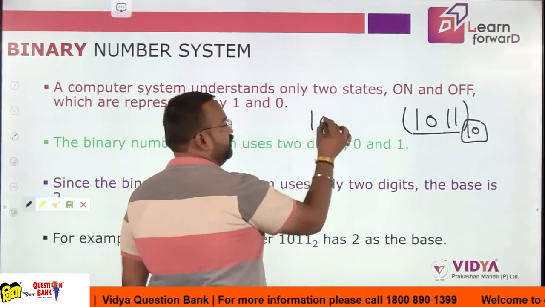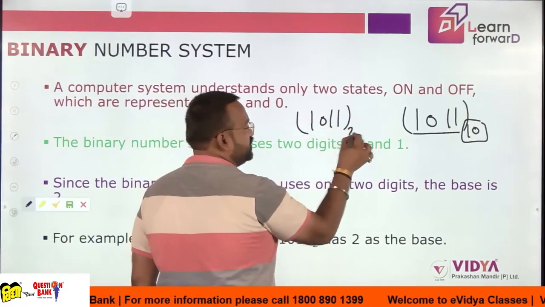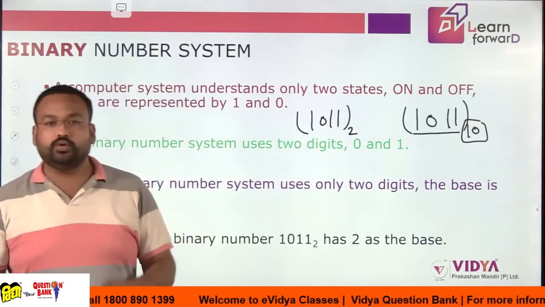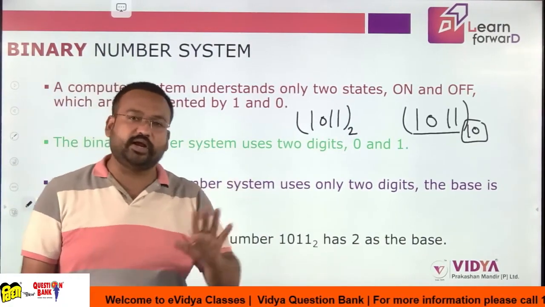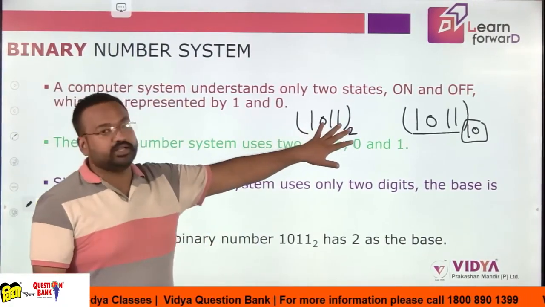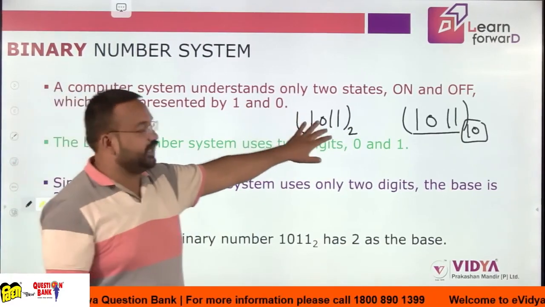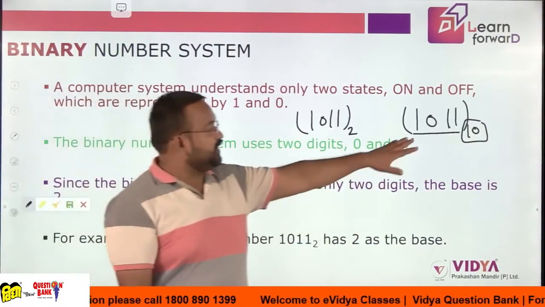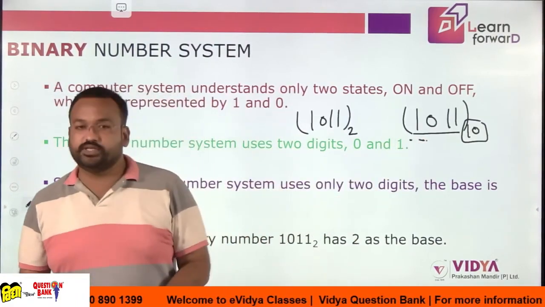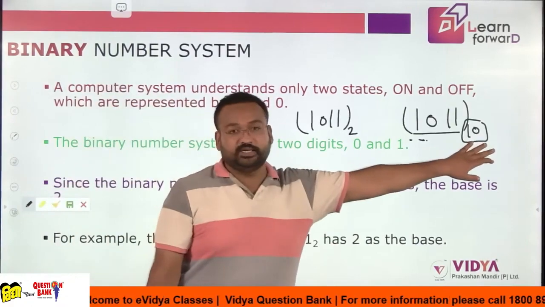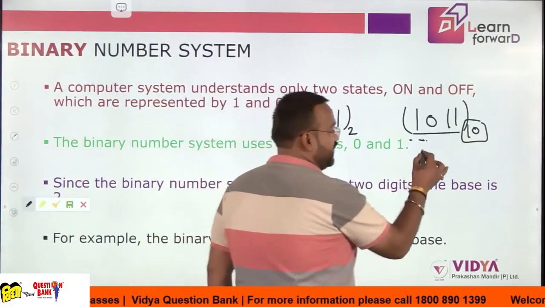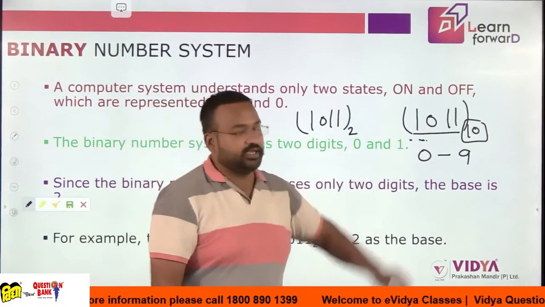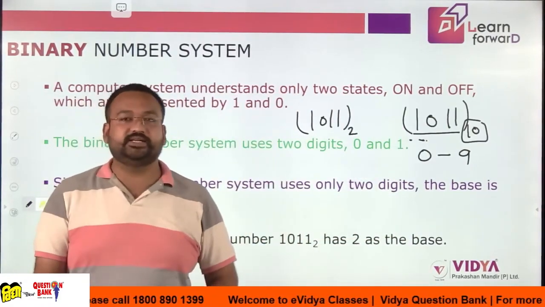Similarly, if this number has base 2, which is allowed, because in base 2 only the digits 0 and 1 are allowed, and this number contains only 0 and 1, then it would be a binary number and it is the right representation. Similarly, in this case only 1 and 0 are present, but the base is given as 10, and in base 10 we have seen that digits from 0 to 9 are allowed. So it is a decimal number and it is a legitimate number.